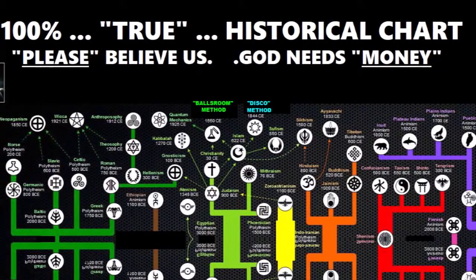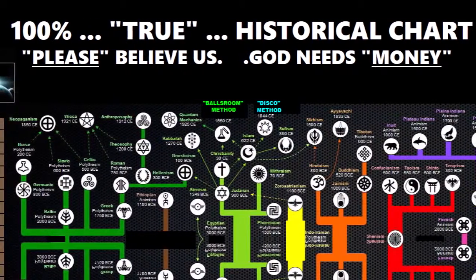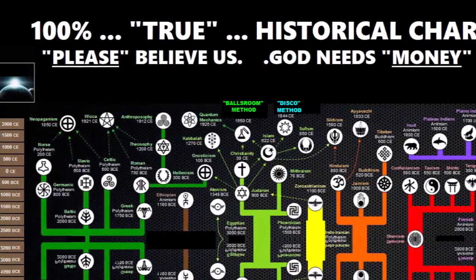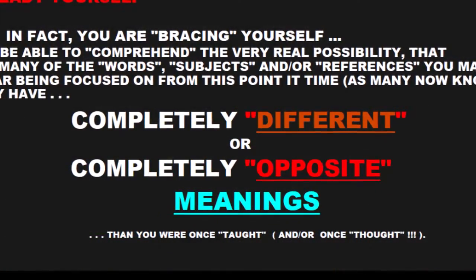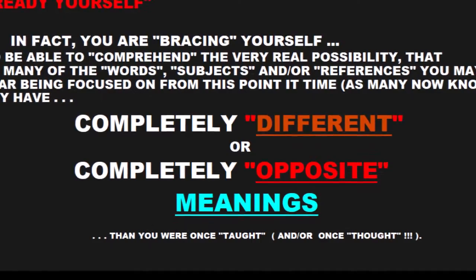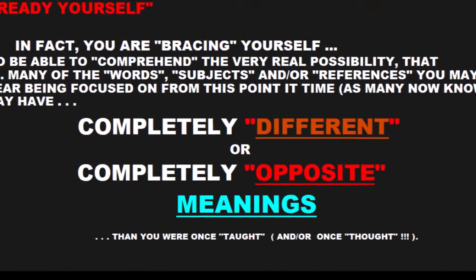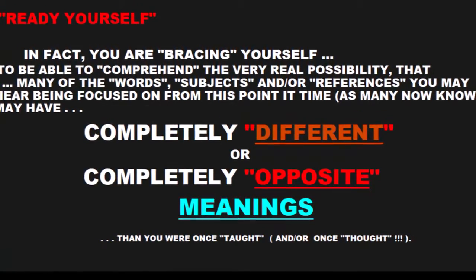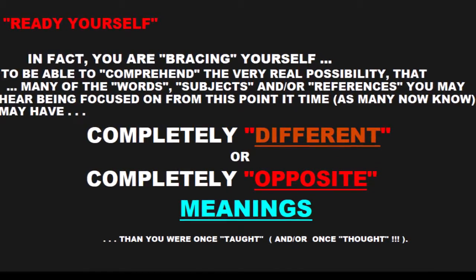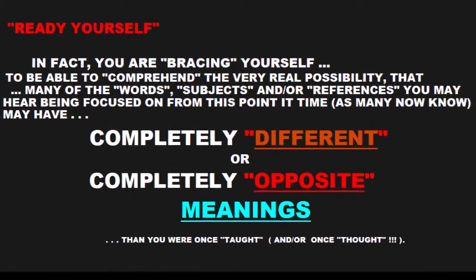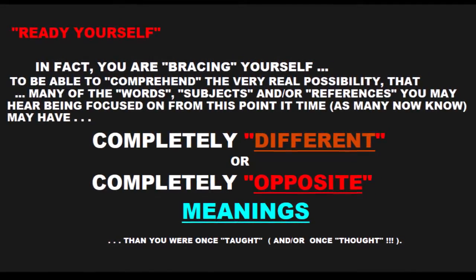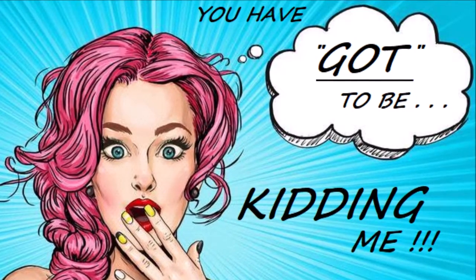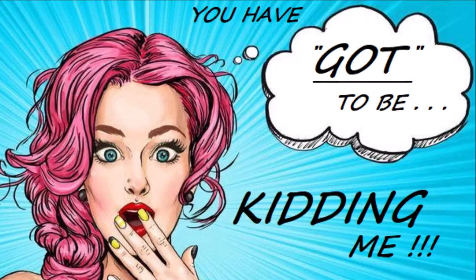And this is what I meant. You're gonna have to, and I'm sorry, this is not me, but you're gonna have to be ready to accept the fact that there may be a chance that some of the things that you thought you might have known. That's the way it is. It doesn't work like that, people. You have to be honest with yourself first. It doesn't work like that.